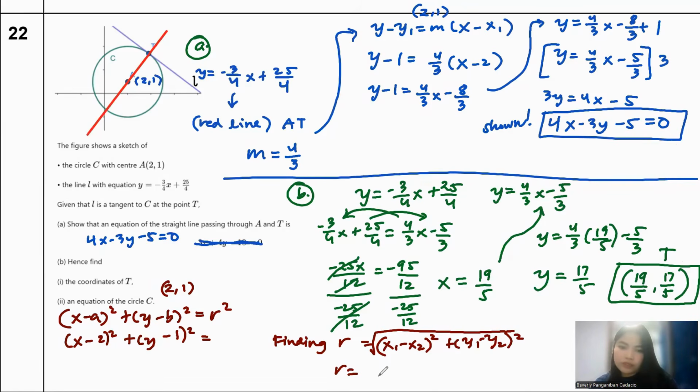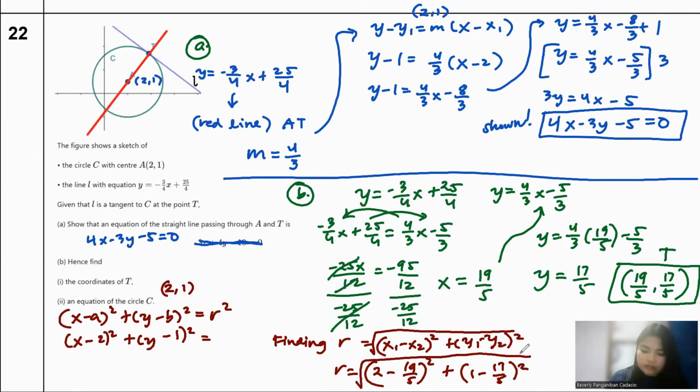So we can just put x1 will be 2 minus 19/5 squared plus y1, where's my y1? 1 minus 17/5 squared and square root. I want you to check it right now. Let's check it at the same time. So put that in calculator. Please be careful on your parentheses. Yeah, 1 minus, use fraction better than the division, so you will not be confused. And we will have square root of that will be